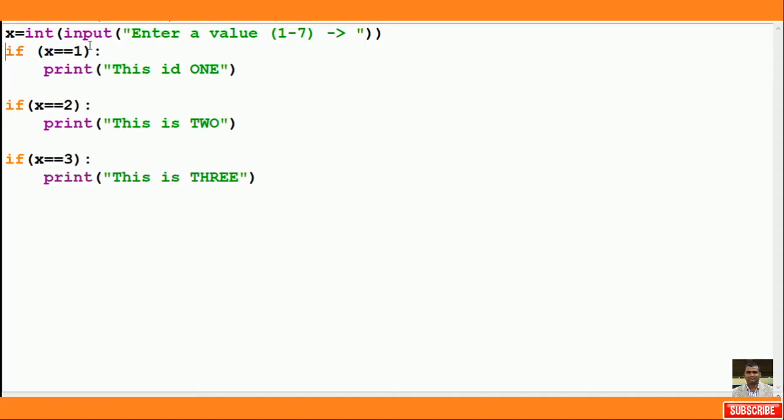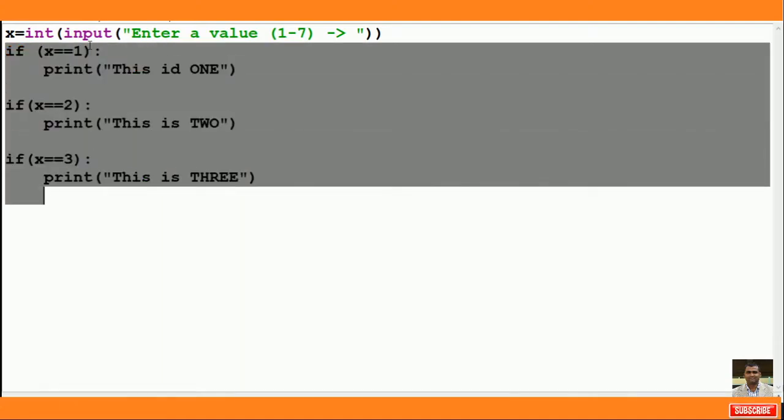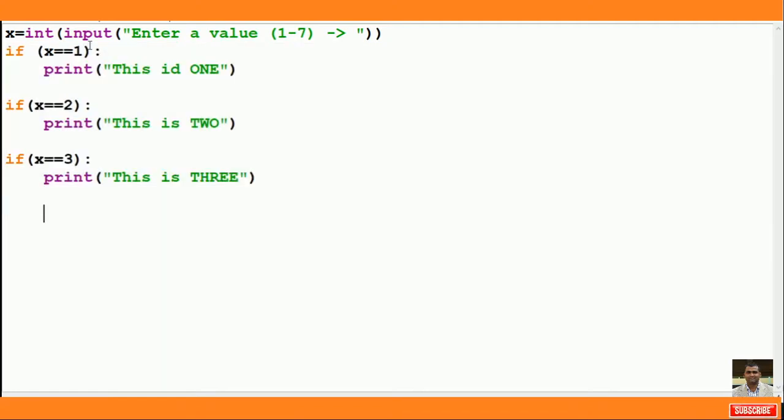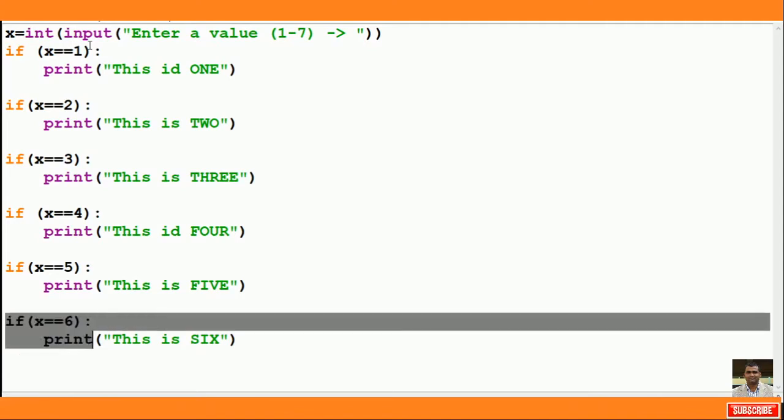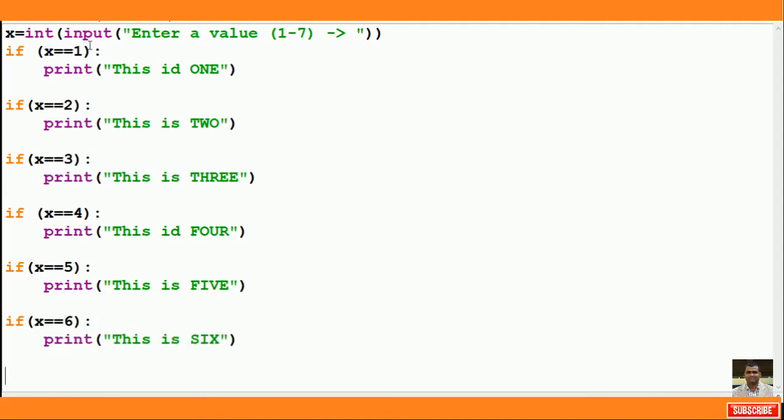So I am writing a few more: this one will be 4, this one will be 5, and then this will be 6. Then one more is there, 7. So can anybody explain how this program is running and what type of output we are going to get?